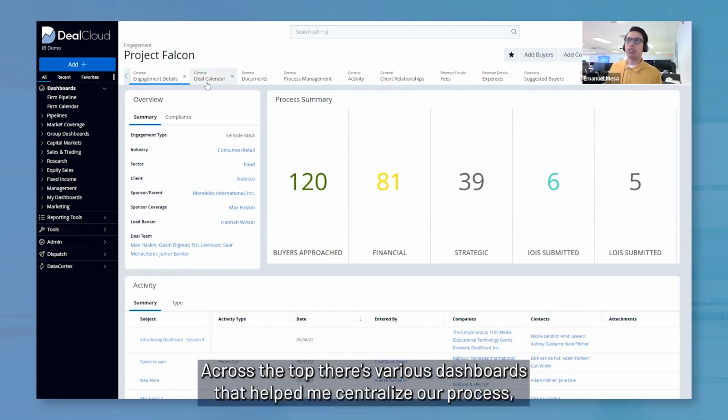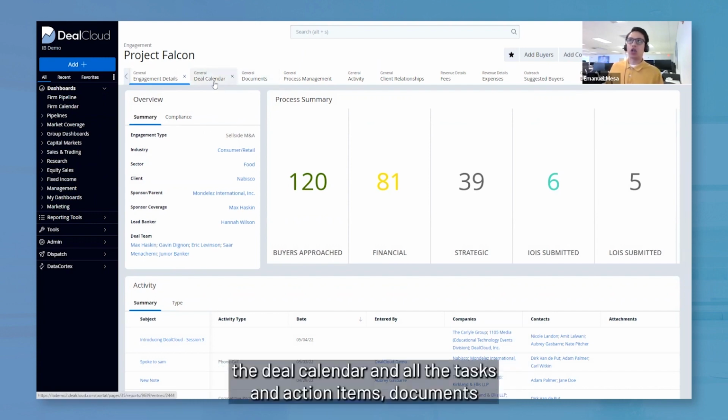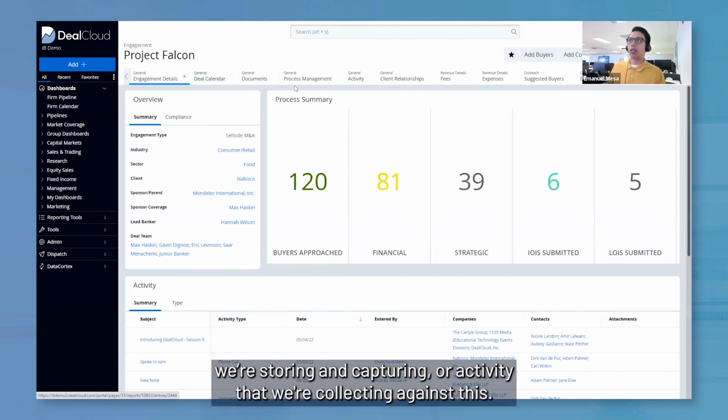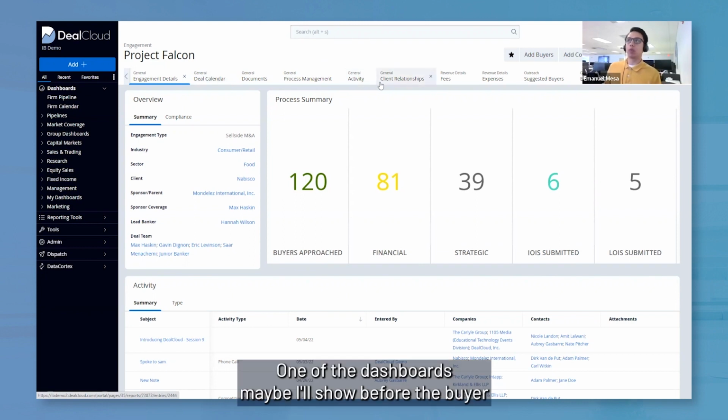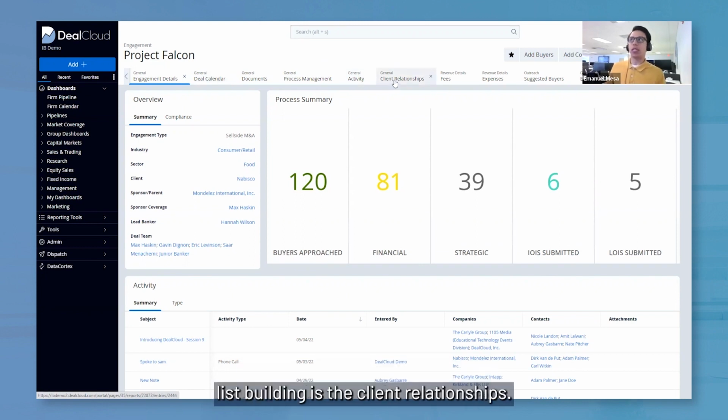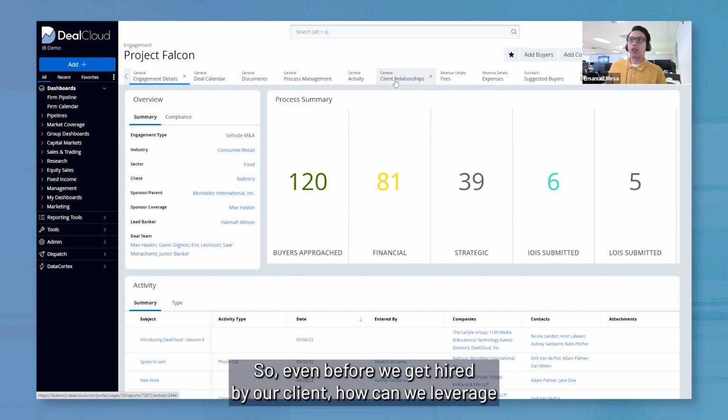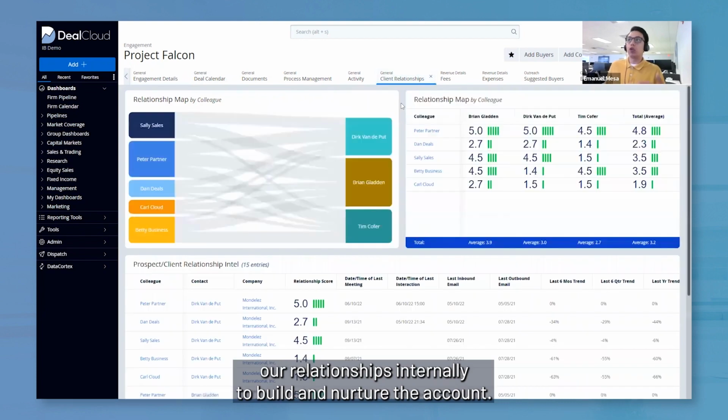Across the top, there's various dashboards that help me centralize our process, the deal calendar and all the tasks and action items, documents that we're storing and capturing, or activity that we're collecting against this. One of the dashboards, maybe I'll show before the buyer list building, is the client relationships. So even before we get hired by our client, how can we leverage our relationships internally to build and nurture